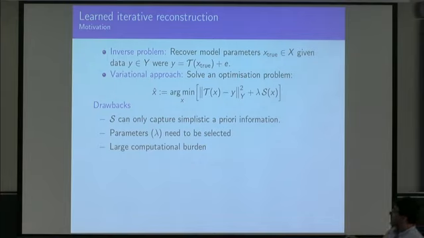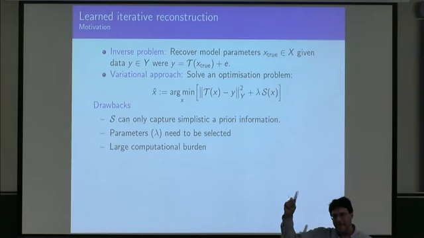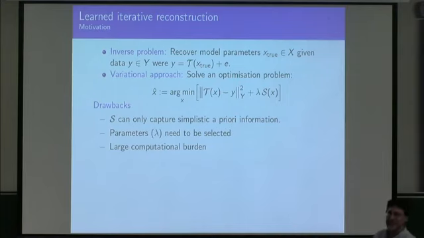And you need to pick this parameter. There is some theory for how to pick it when you have additive Gaussian noise. Some theory is done for Poisson noise, but in reality you have mixtures of these. Theory breaks down a bit. You end up picking an educated guess. Right? And perhaps the worst case that is limiting these methods, especially in the medical imaging setting, is their large computational burden. They just take time to solve.